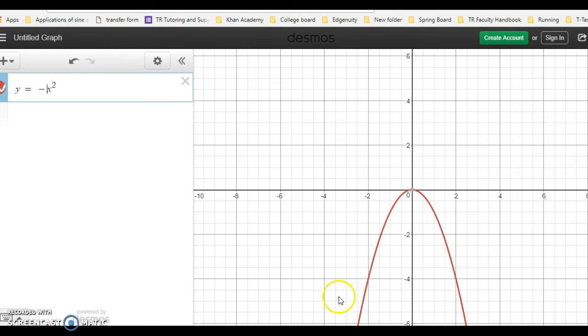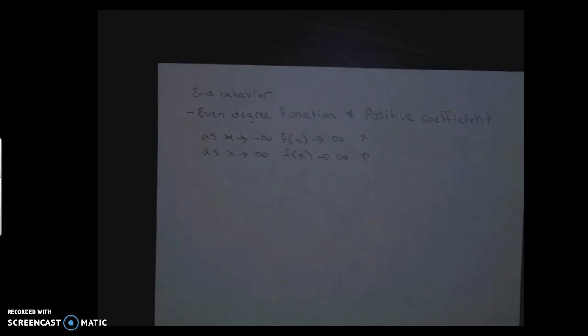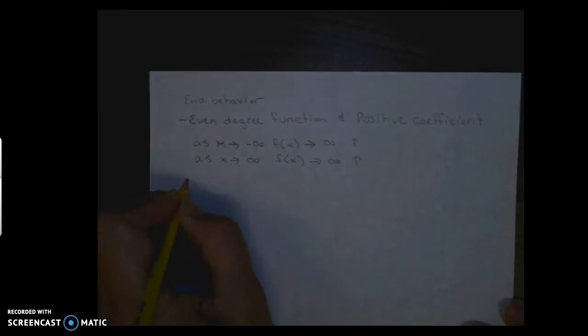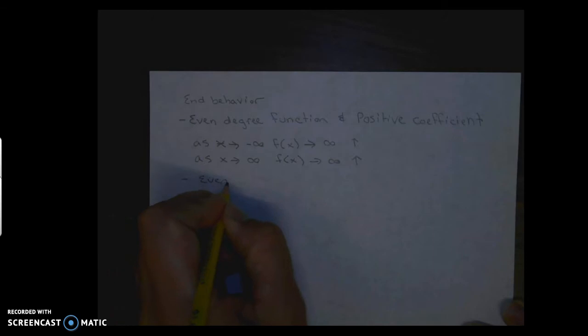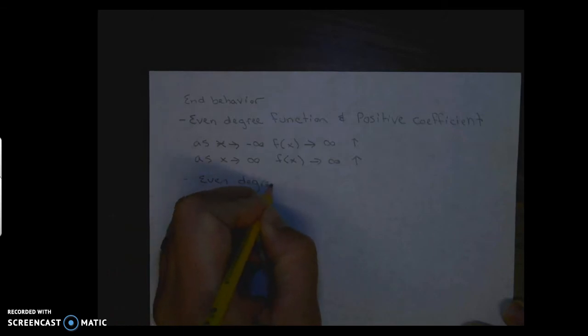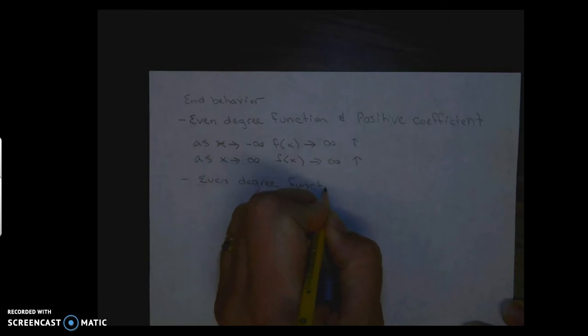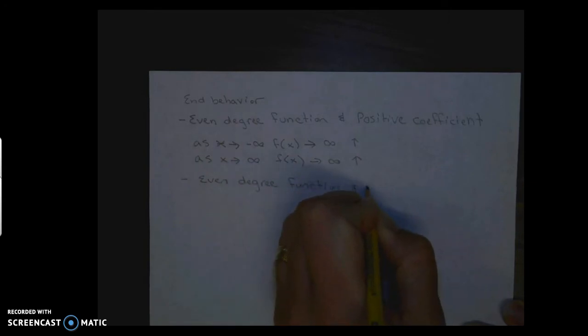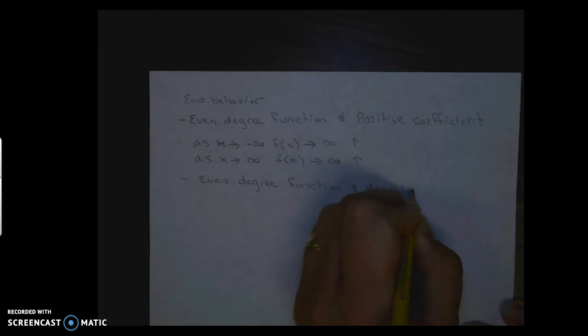Notice it's down on the left and down on the right. So as x goes to negative infinity, f of x is going to negative infinity. And going to the right, as x approaches positive infinity, f of x is approaching negative infinity because it's going down. So if we have an even degree function, excuse me, and has a negative coefficient,